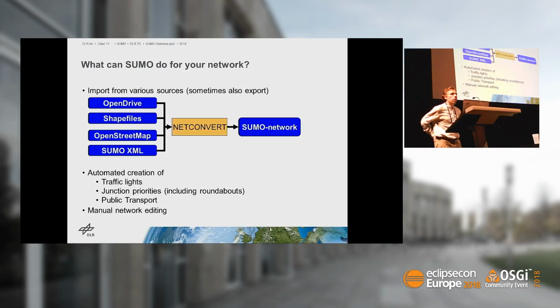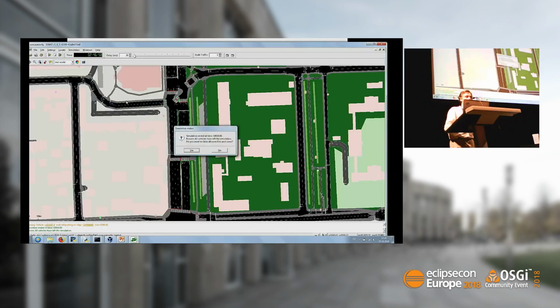So this is something which is important for all the people who already have networks which are not, let's say, in OpenStreetMap, that you can do more than just using the one or two clicks from OpenStreetMap. You can just use OpenDrive data, for instance, shape files, a lot of other geoformats, or you can do a handcrafted SUMO XML to import your own network. And what the NetConvert tool, which is part of the SUMO suite, also does for you is create traffic lights, create junction priorities,